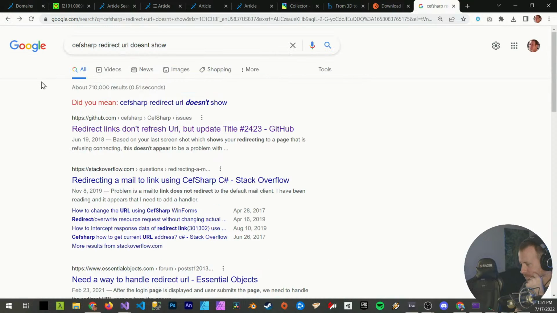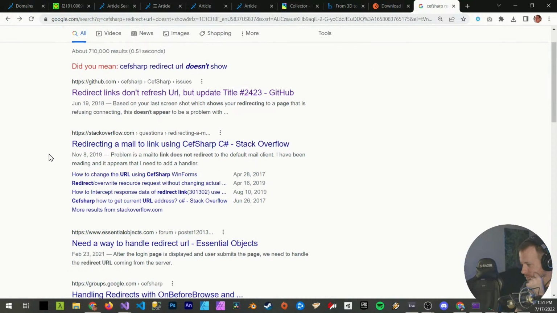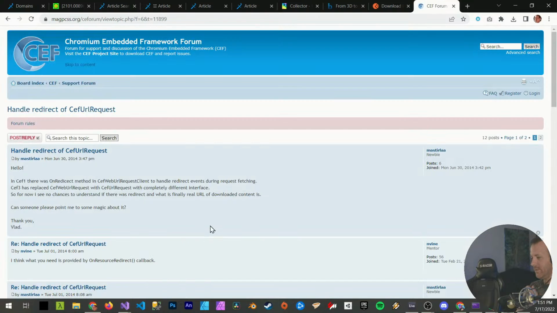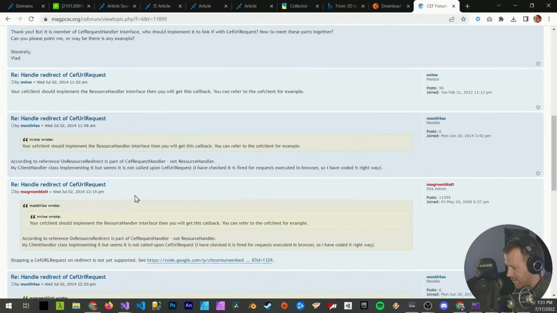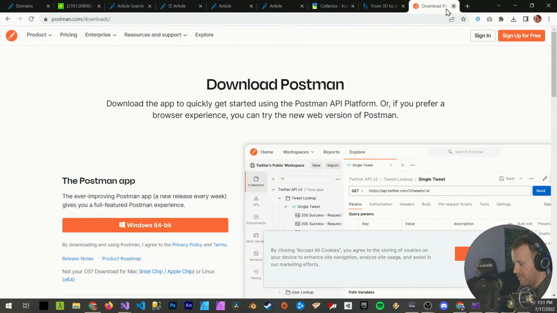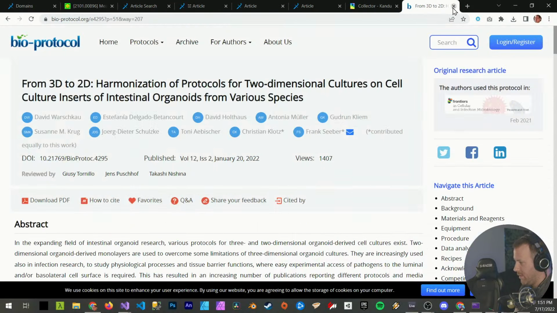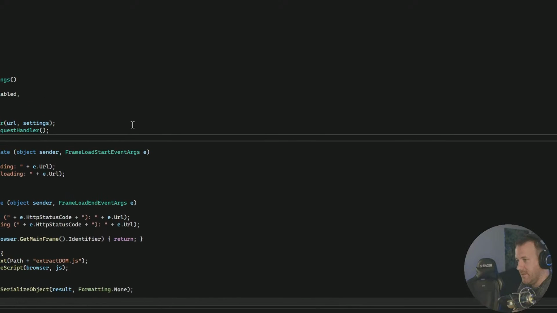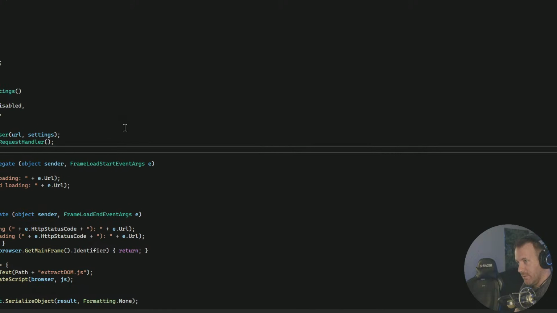Strange. All right, here we go. 2014, are you kidding me? Really? I'm not going to read any forum posts from 2014. So now that we know that this is a CefSharp issue with redirection,